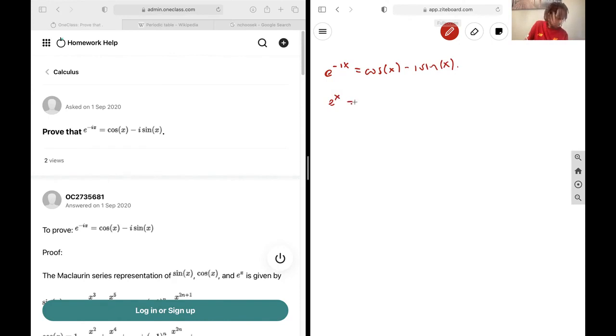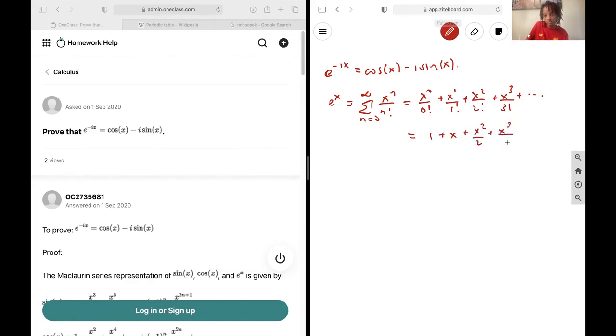So e to the x, the Maclaurin series is the summation from n is equal to 0 to infinity of x to the power of n over n factorial. And that would be starting with 0, and this would become 1 plus x plus x squared over 2 plus x cubed over 3 factorial, and you just keep going like that. Next up, we'd like to state what the Maclaurin series of cos of x is going to be,